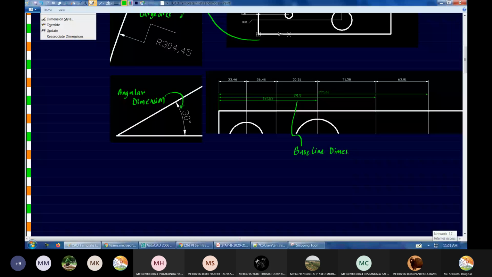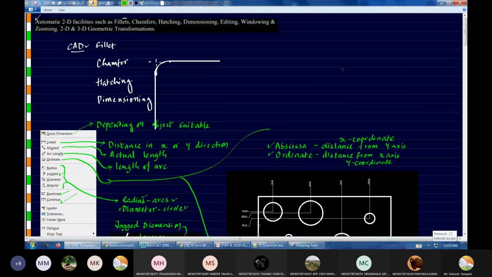This upper one is called continuous or continue dimensioning. These two methods are used when multiple dimensions continuously are to be used. Baseline measures from the same point and continue measures from the previous point continuously. So these two are over.